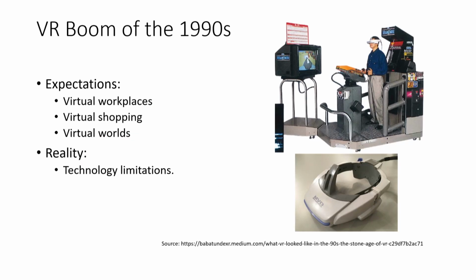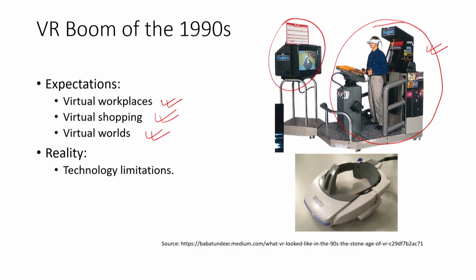The 1990s saw a boom in VR, especially propelled by expectations such as creation of virtual workplaces instead of physical workplaces, virtual shopping avenues instead of physical shopping avenues, and virtual worlds where people could immerse themselves and maybe play a computer game. So, here you can see an example of such a setup from the 90s, where you can see a user on a rather bulky game simulator, and you can see a display in front of him, which is actually then being sent into this headset. And if you look at this headset closely, you can see the view here. This is how the headsets from the